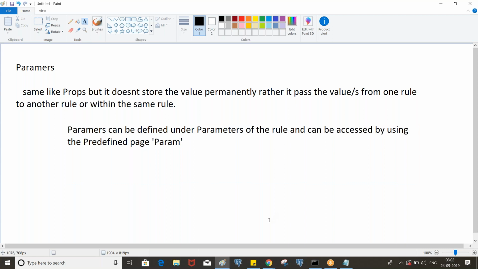So param is a page. The param page cannot be seen on the clipboard, and we can see it on the tracer.